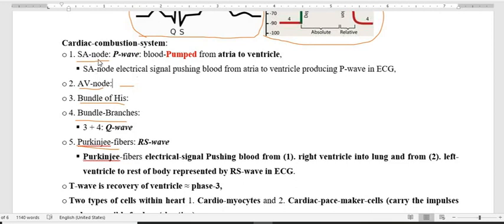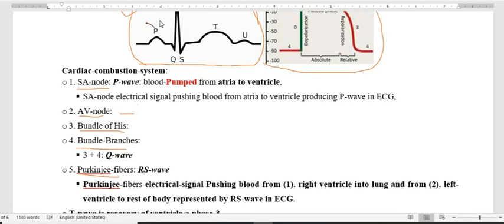From the SA node, the current will propagate downward, and this SA node gives the P wave, which is represented in the electrocardiogram,